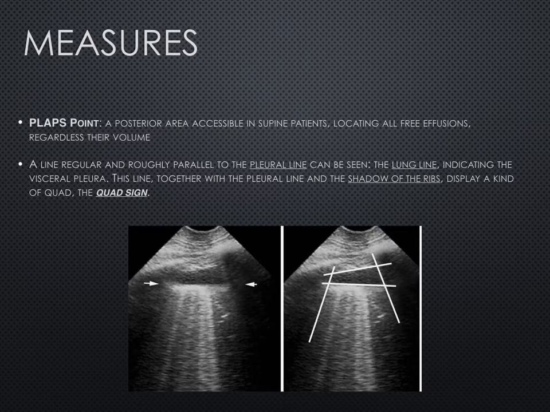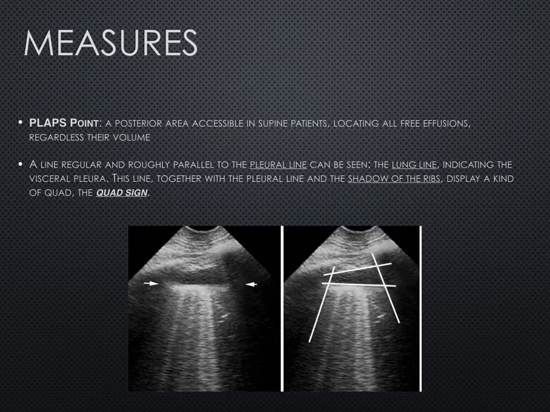Sometimes it's not always possible to assess the patient at those posterior lung regions, and sometimes you're not able to visualize the diaphragm. So with volumes of pleural effusion that are more significant, utilizing the PLAPS point that we've discussed previously from Lichtenstein,